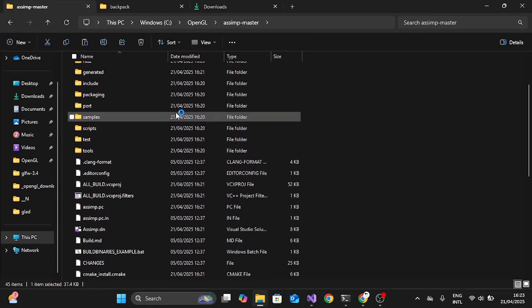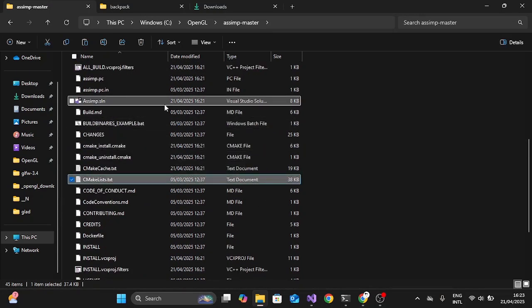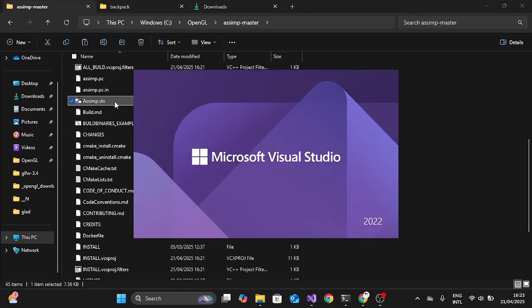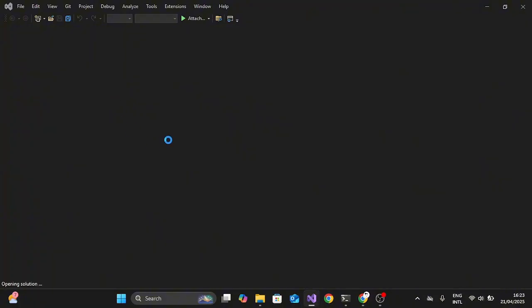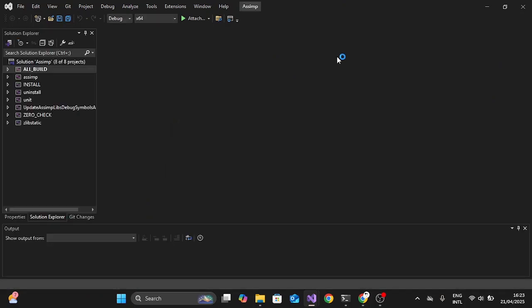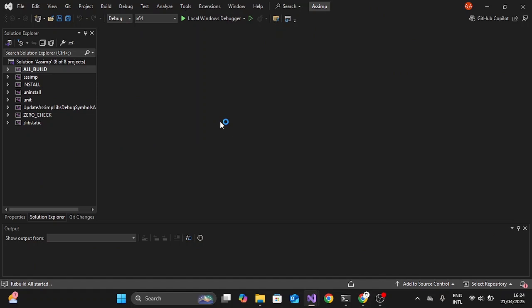What we have here now is an Assimp solution, which is the Visual Studio solution that you can use to build. Sorry, I'm being all around everywhere. This is my first time really doing this kind of long tutorial, so please kindly bear with me. This is just your basic stuff. All you have to do is go to build, rebuild solution, and